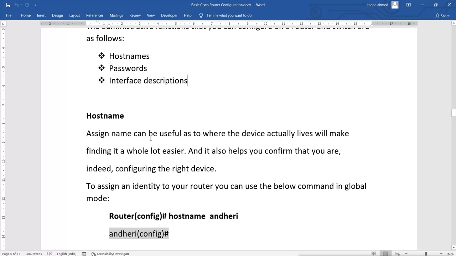This means assign a name, and it can be useful as to where the device actually lives, will make finding it a whole lot easier, and it also helps you confirm that you are indeed configuring the right device. Sometimes in a big network you may have lots of routers and switches in different places. That means maybe they are in different locations, different cities, or even different countries. So assigning a unique name will help you identify where the router actually resides,